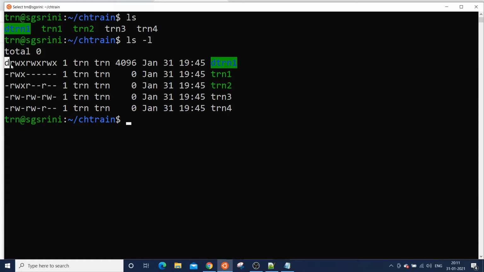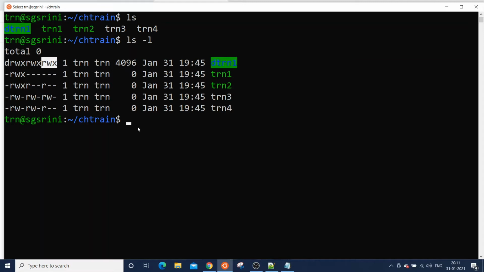And the first triplet, this is rwx, indicates the permission for the creator of the file or the directory, the owner. This is the group permission, and the last triplet is for others.